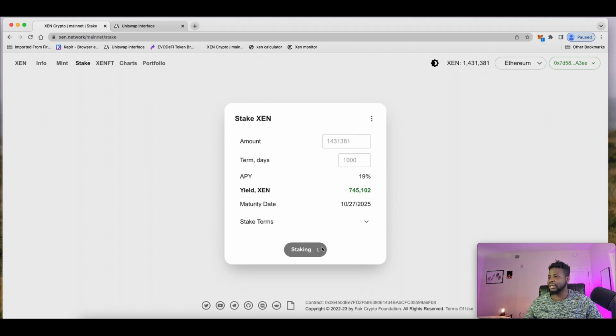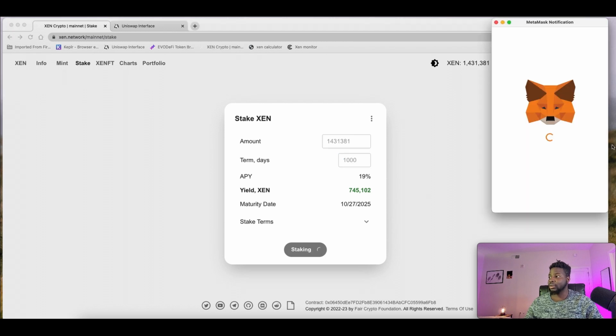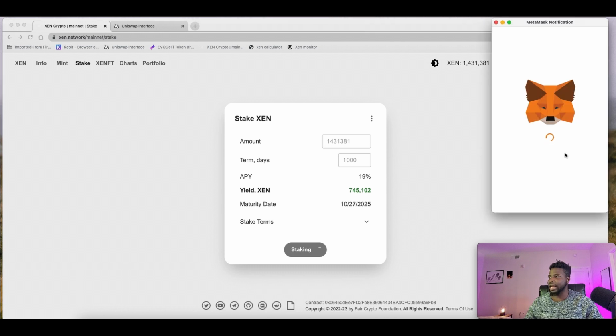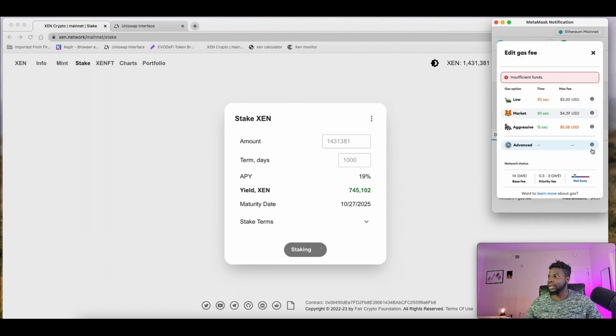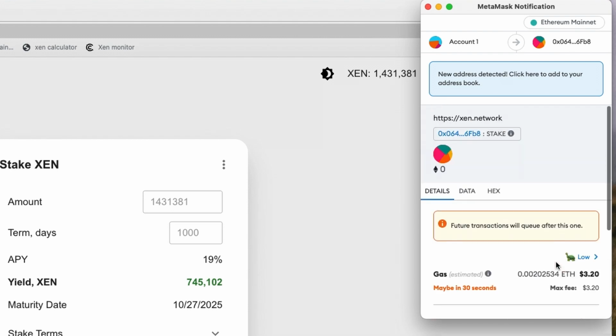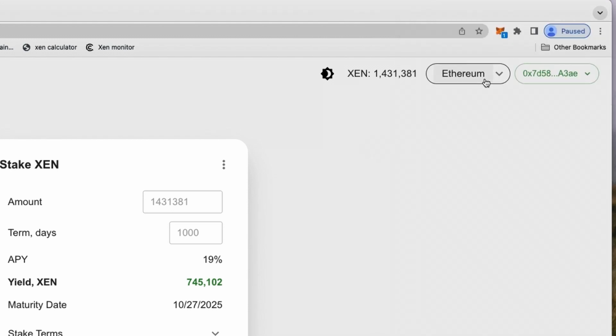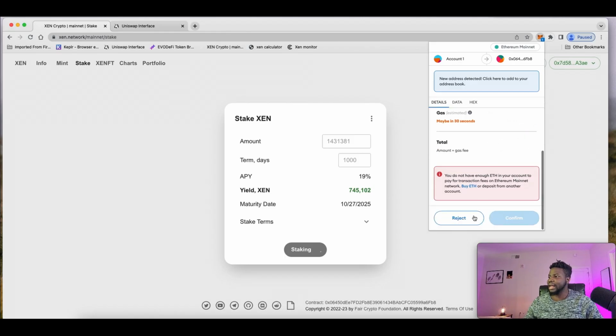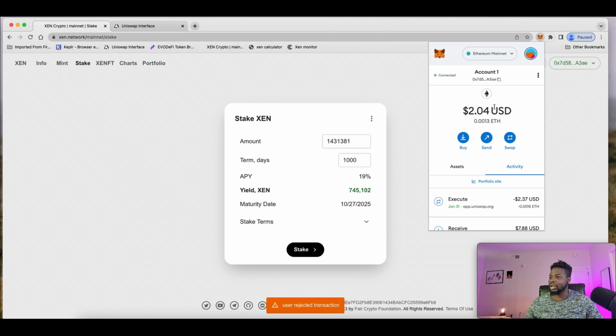Then we click stake and this is going to cost us a little bit more money again. All right. So we need to sign the contract to allow this to happen. And then we pay a fee, $3.20, probably lower than that. Looks like we don't have enough money again. But what normally happens is that, I don't feel like waiting for this. What normally happens is that I pay the fee because I only have $2.04. What normally happens is that I pay the fee, it goes through, and then you see the staked amount that